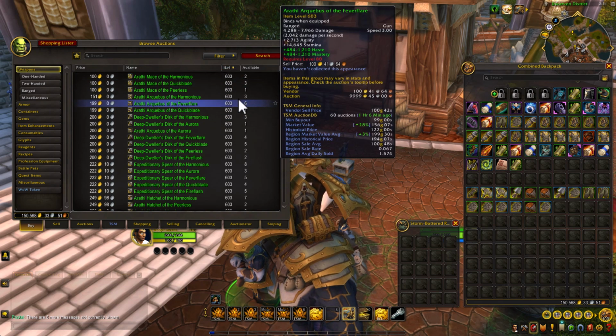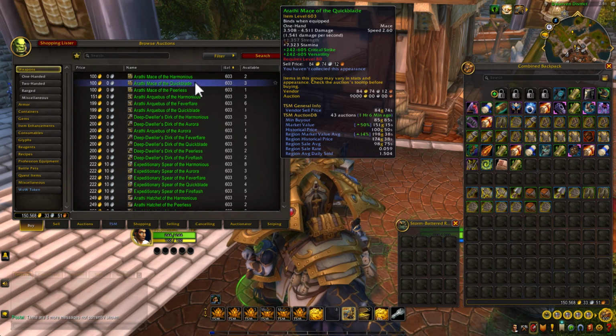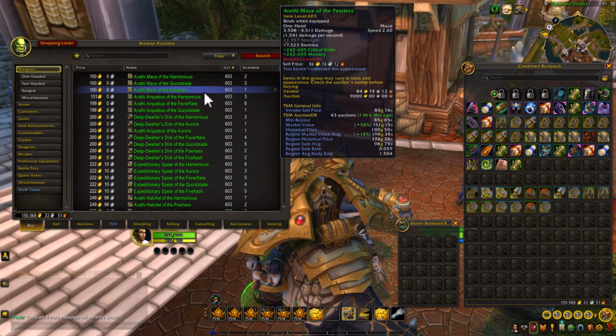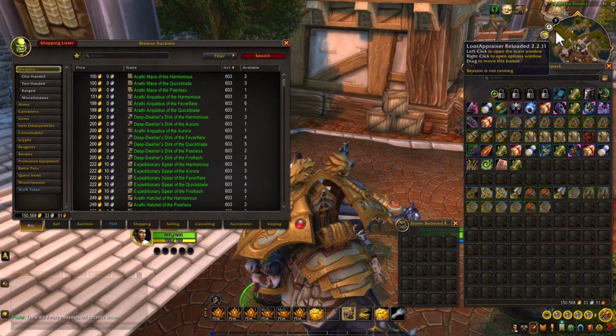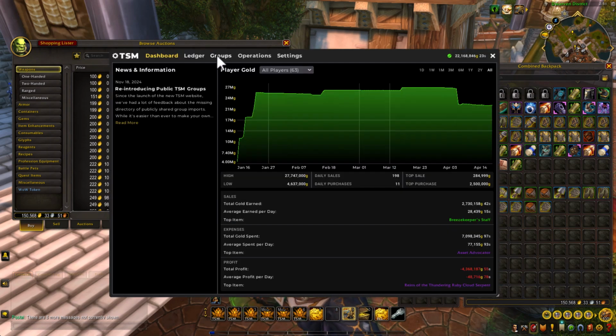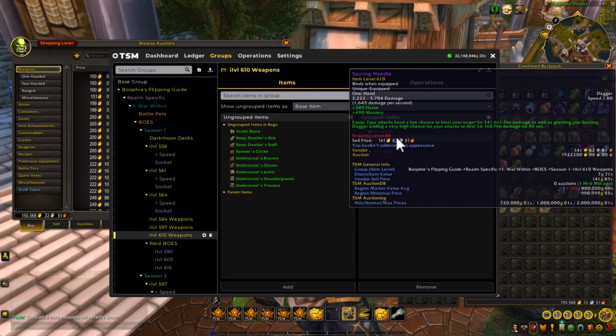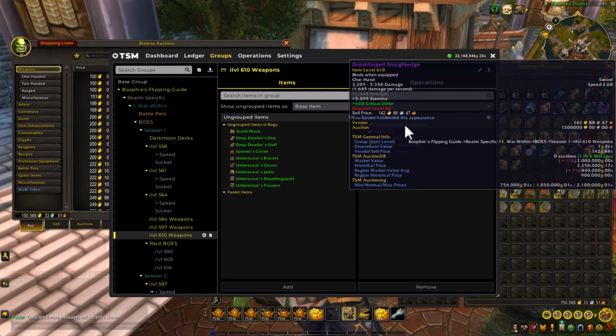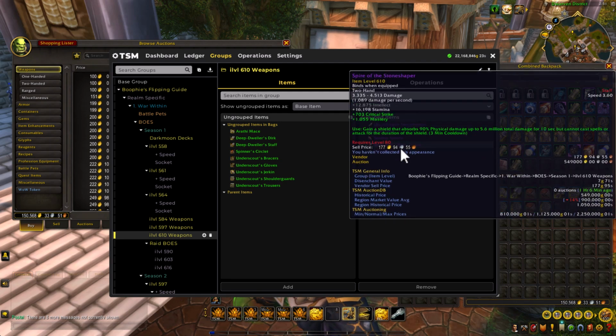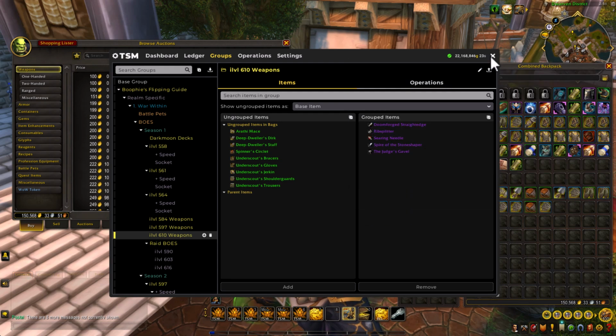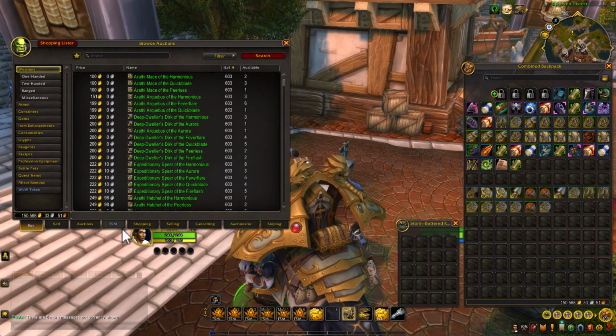As you can see, the highest is the 603, but there are some items that you can get that are actually 610. We can go ahead and look at the groups here. So it's these items right here. So these actually are the highest item level BOEs that are weapons that you can currently get on the auction house. So this is a nice little group to play around with.